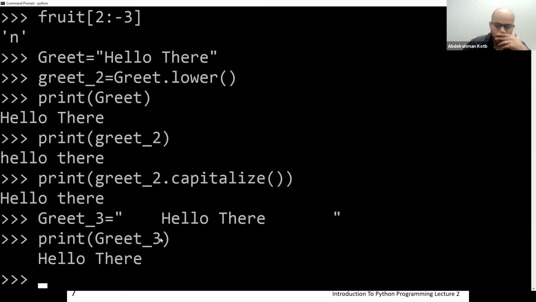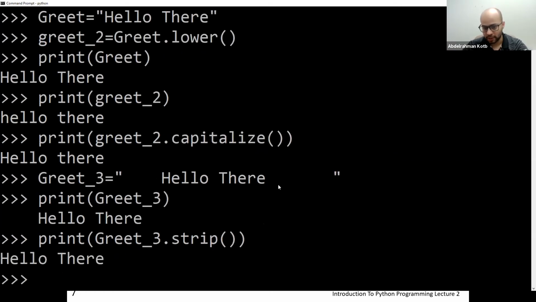So in Python, there's a way to strip the space on the left. There's a way to strip the spaces on the right, and there's a way to strip all the spaces. So the first way is if I want to remove all the spaces from the sides, I'm going to say print greet3 dot strip, and you can see it removed the space here and here. And the reason why you can't really tell the space on the right is because the terminal is black.